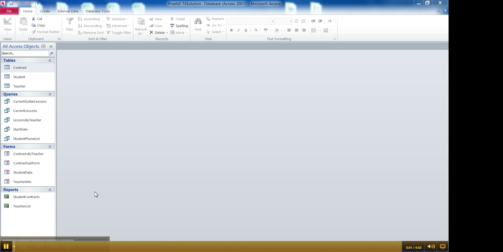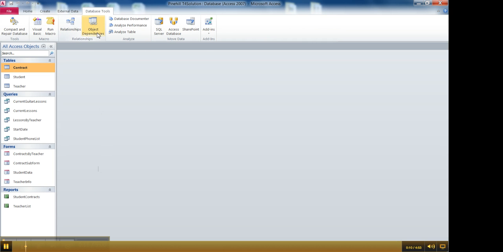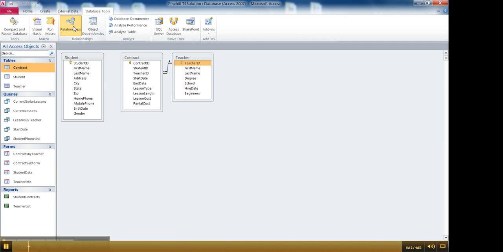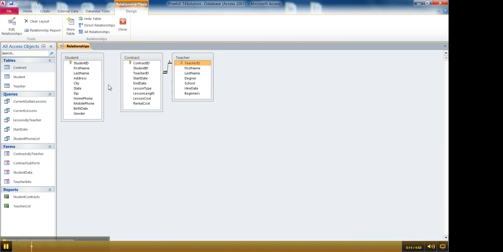In the last video we had just prepared to do a lookup between two tables, and by preparing I mean that whenever you want to do a lookup that involves multiple tables, there can't be an existing relationship if you're going to use the wizard to do it. We're going to use a lookup wizard, and because of that there cannot be a pre-existing relationship between the two tables, in this case contract and student. So we broke that relationship, and now we're ready to go into the contract table and do the lookup